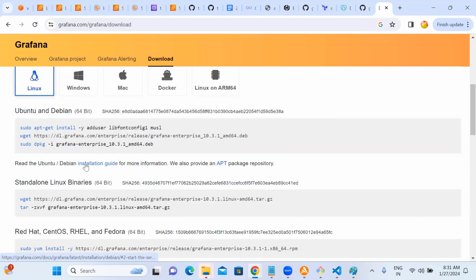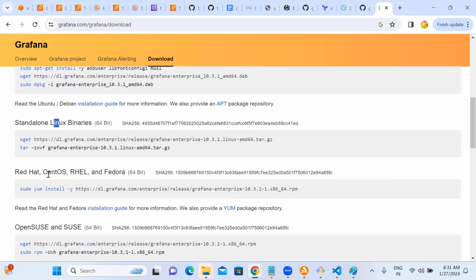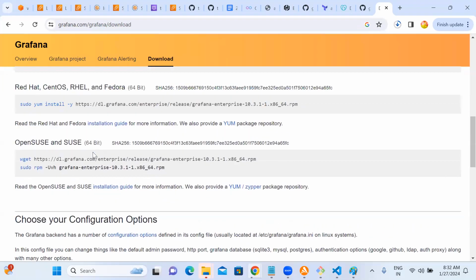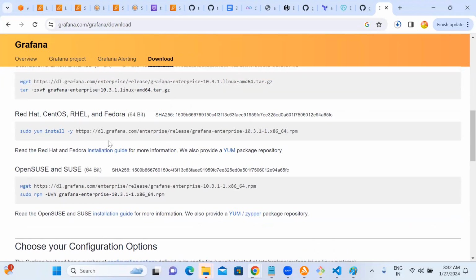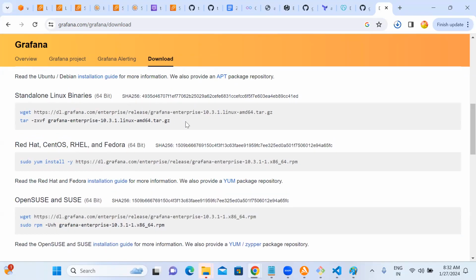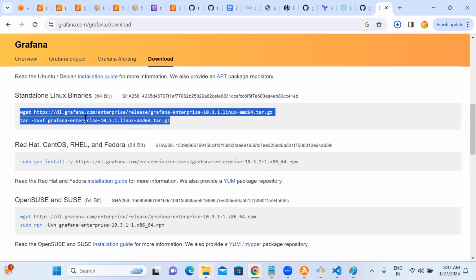This is the current version. Linux build: Ubuntu, CentOS is Linux. We'll go with the standalone Linux binary.